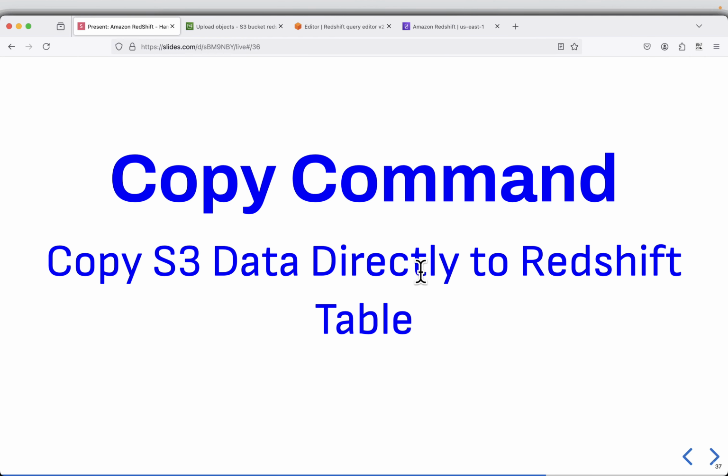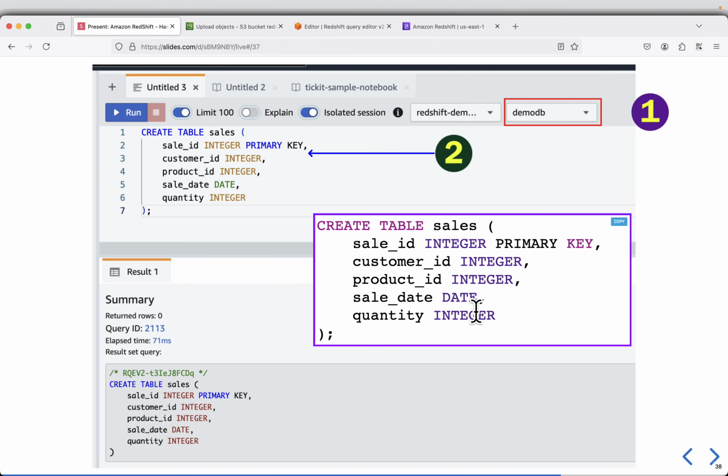Next is the copy command. The copy command is used to copy S3 data directly to Redshift tables. For this, I'll be creating a new sales table, and this will be in the DemoDB database, and this table does not exist. And then I will copy the S3 sales_data.csv from the S3 bucket. So I'll copy this query,